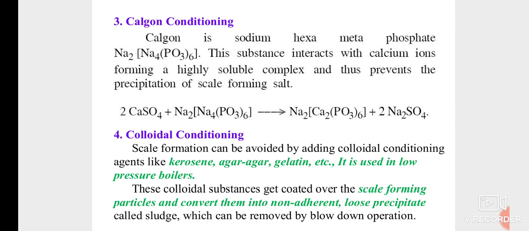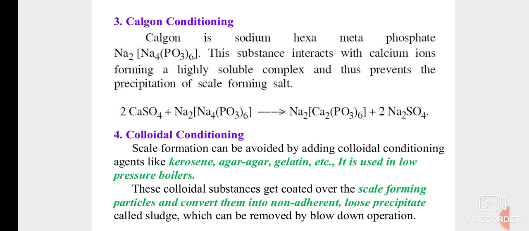So in the low pressure boilers we have to use the colloidal conditioning. The main chemical compounds or boiler compounds used here are kerosene, agar-agar, and gelatin in the boiler. These colloidal substances get coated over the scale forming particles and convert them into a non-adherent and loose precipitate inside the boiler. So the adherent coating, that is the scale forming substance like calcium sulfate, can be converted into a loose precipitate by adding these chemical compounds like kerosene, agar-agar, gelatin. It is converted into a loose precipitate or non-adherent substance called sludge,